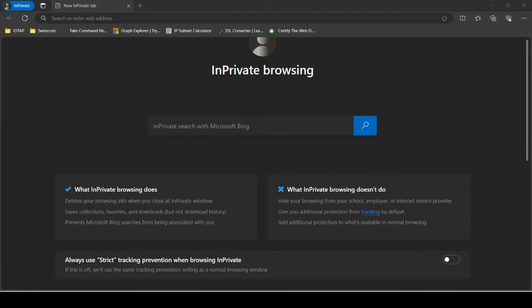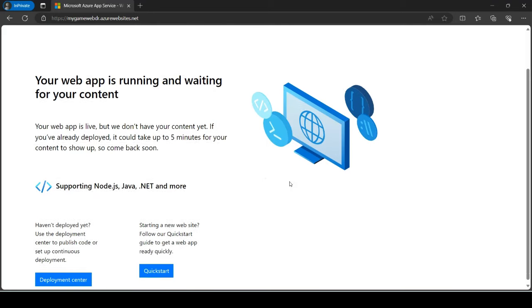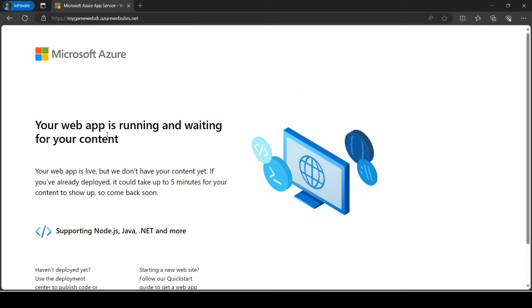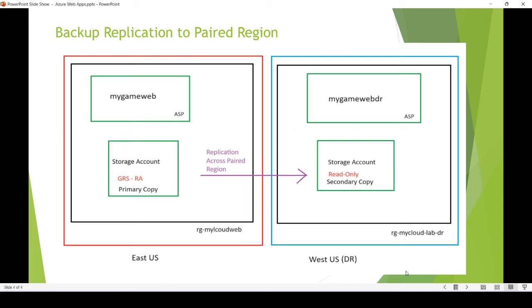mygameweb dr.azurewebsites.net. Click on enter. You see that the website is up and running. So this is the default website. So this is fine. Now in the next step, we have to